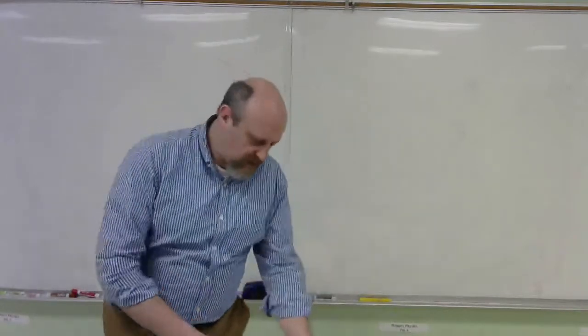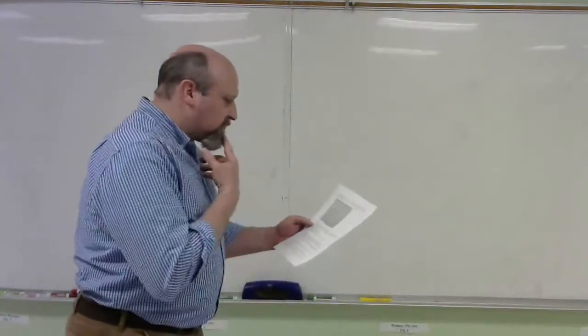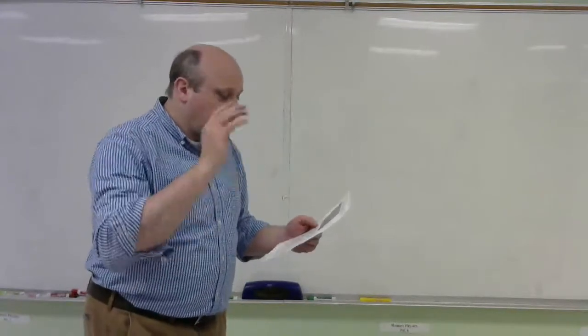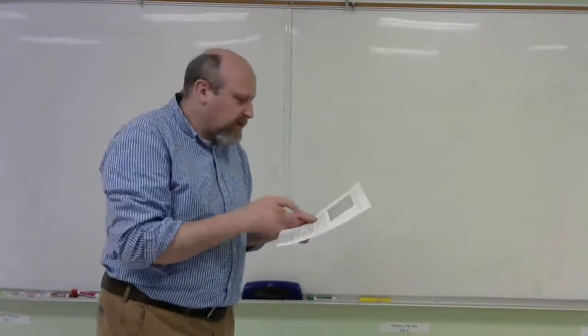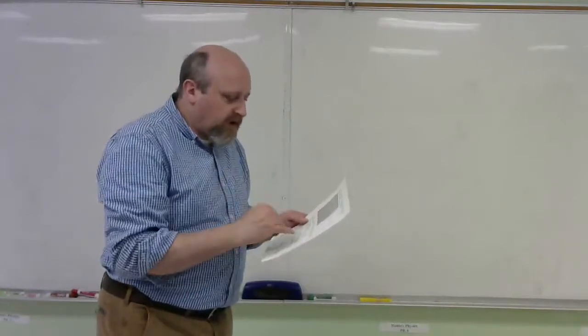All right, we're here for AP Physics, Universal Gravitation, Problem 8. Problem 8 says that the maximum distance from the Earth to the Sun, so that's our aphelion, the farthest point away, is 1.521 times 10 to the 11 meters, and the distance of the closest approach, perihelion, is 1.471 times 10 to the 11